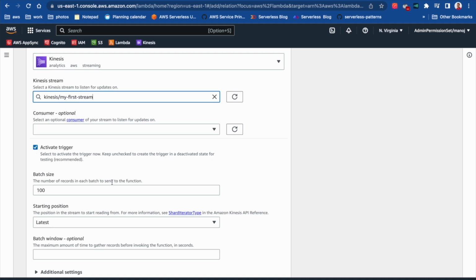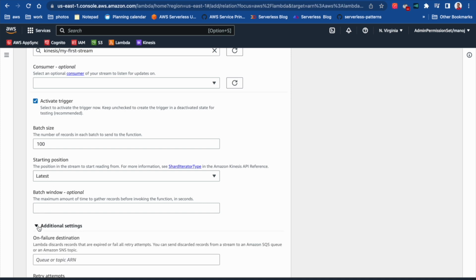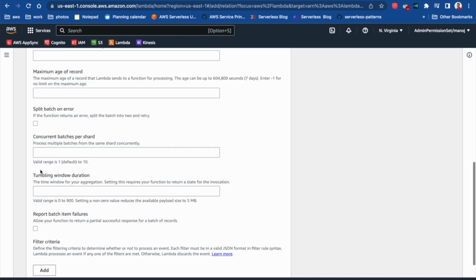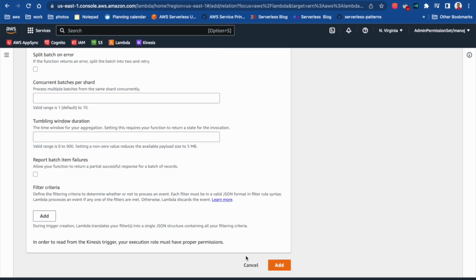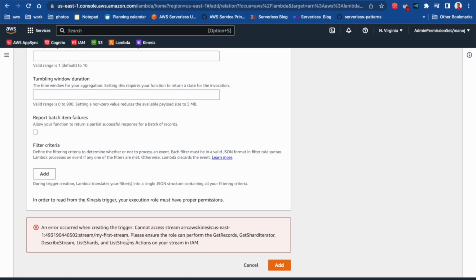Here I can enable the trigger, and there are a bunch of configuration like the batch size, starting position, batch window, and additional settings. What happens if something got failed, retry, tumbling window, so on and so forth. We are going to learn all about that in this course. But right now, I'll just go ahead and click add. And here when I click add, I get an error. It says, please ensure the role can perform get records, get shard iterator, and few other actions related to the